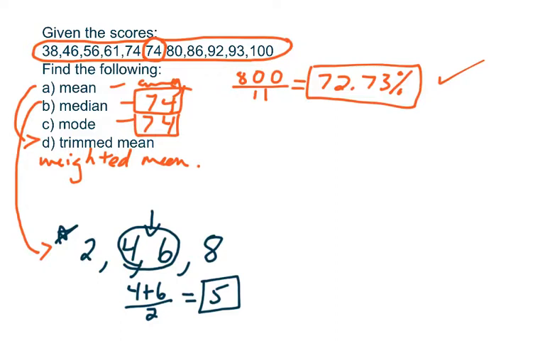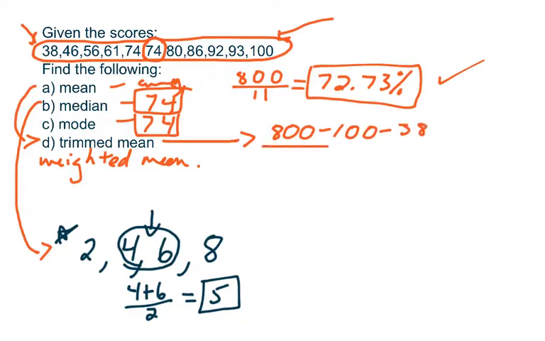Okay, trimmed mean is kind of exactly what it says, we're going to trim some stuff. And in most cases, when you trim a mean, you take the lowest score, in this case 38, and the highest score and remove it from your total. So in this case, we get 800 minus 100, which is the highest, minus 38. And now we've only got 9 scores, so we recalculate the average by dividing by 9, and you can see that we get an average of 73.56%,